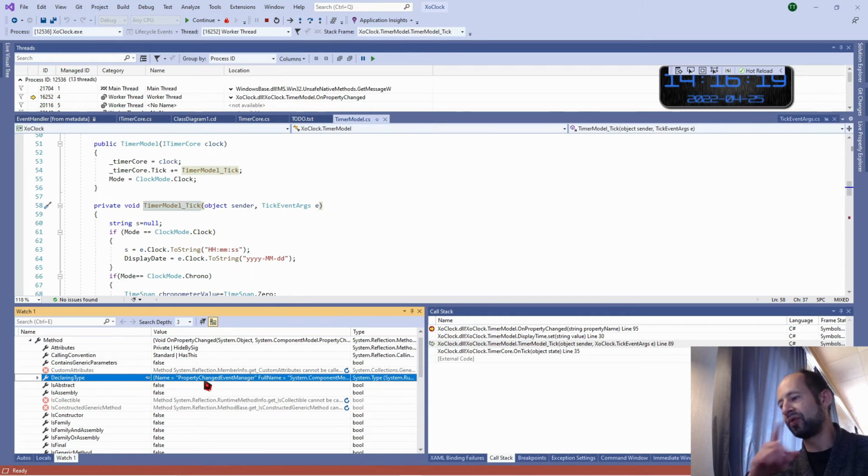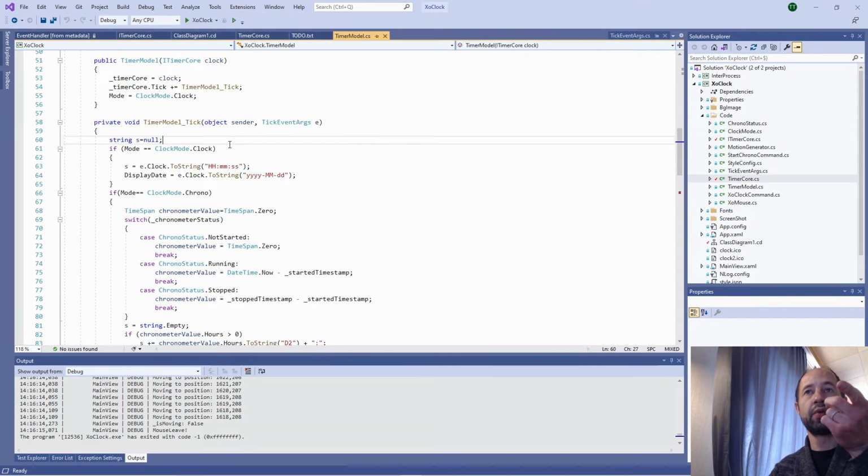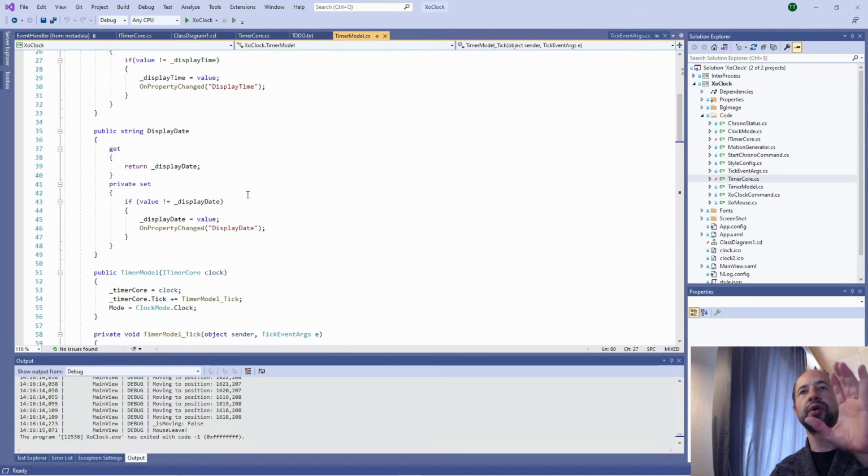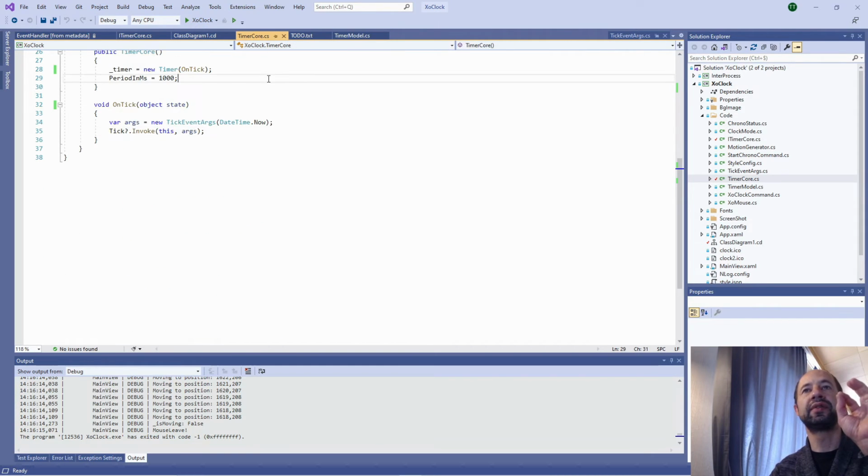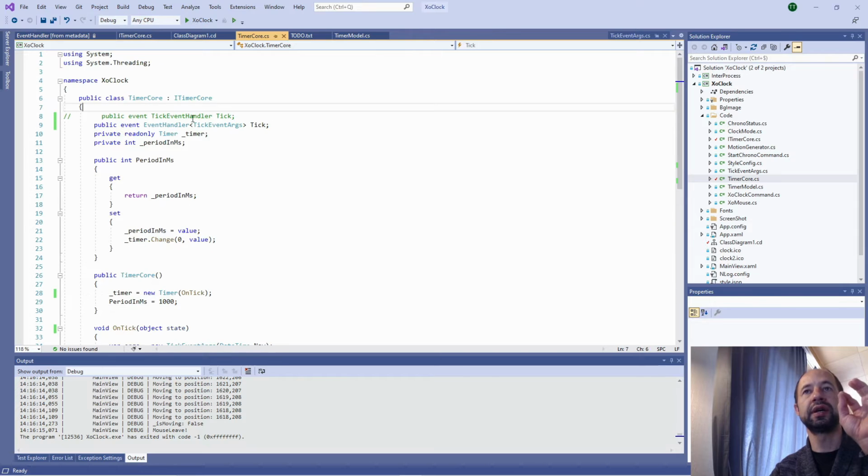The idea behind this is that in the code, at the professional level, each time we have a specific setup or pattern, we should use the same naming convention. This is one of the keys also of the experience on technical knowledge. By convention, when I expose an event, I should always follow the same methodology. So the timer core, here you see there was a design flaw. Now I can remove it. I'm sure it will work.